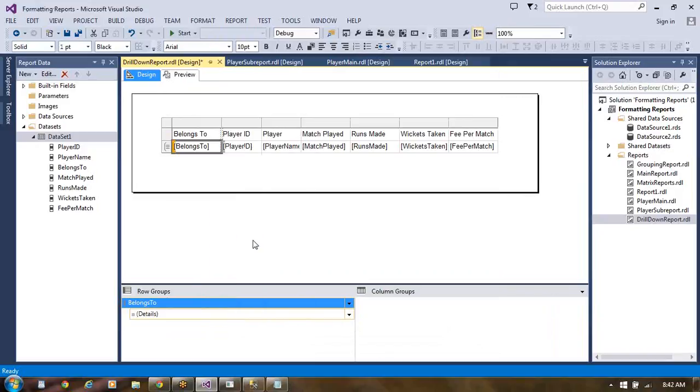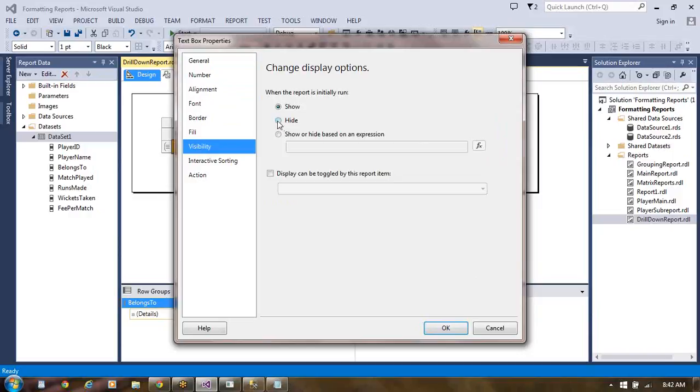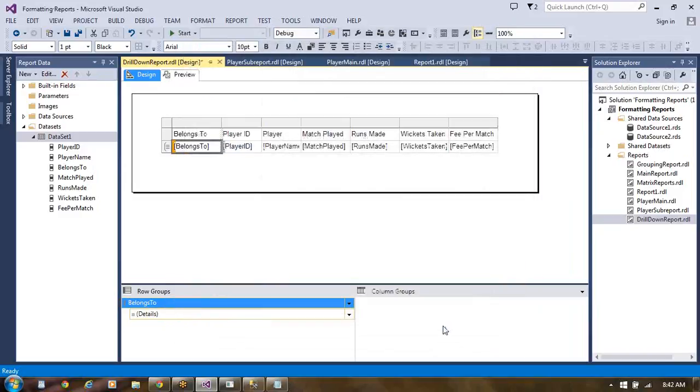In the text box properties, the name is belongs to 1 we have taken, value belongs to, like this, okay. If you come to visibility, this is going to be hide, display can be toggled, but here the text box is belongs to 1. So when we take like this, it should be fine.